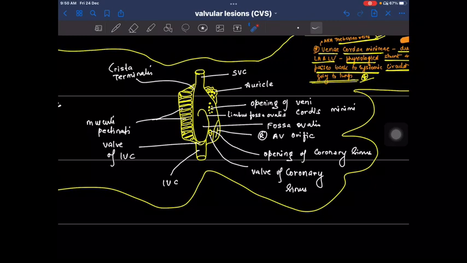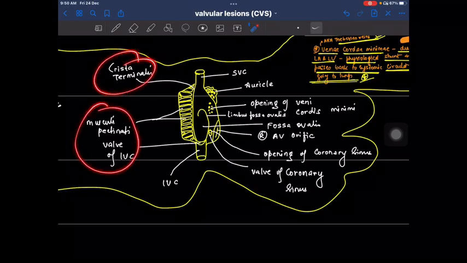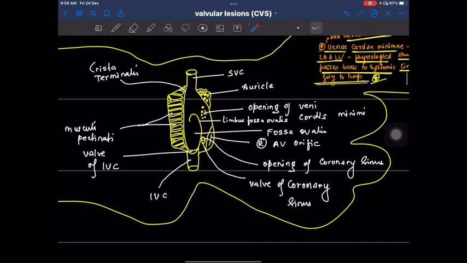Please refer to the gross anatomy section of your CBS. Okay, like from what parts are these things arising? Okay, you should know these things. All right, and this is the auricle.